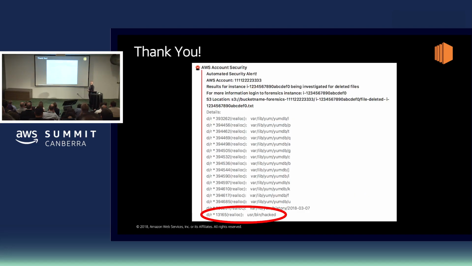And then the next alert, depending on the instance size and the volume sizes, takes 5-10 minutes to come through. Then he gets a notification of the recently deleted files on the file system. And in this example, it's pretty easy to tell if you look down the bottom, that file name. But if this was a case where you knew what you're looking for, you could look for particular file names in the file system. I'll go into the demo and I'll talk a bit more about it.